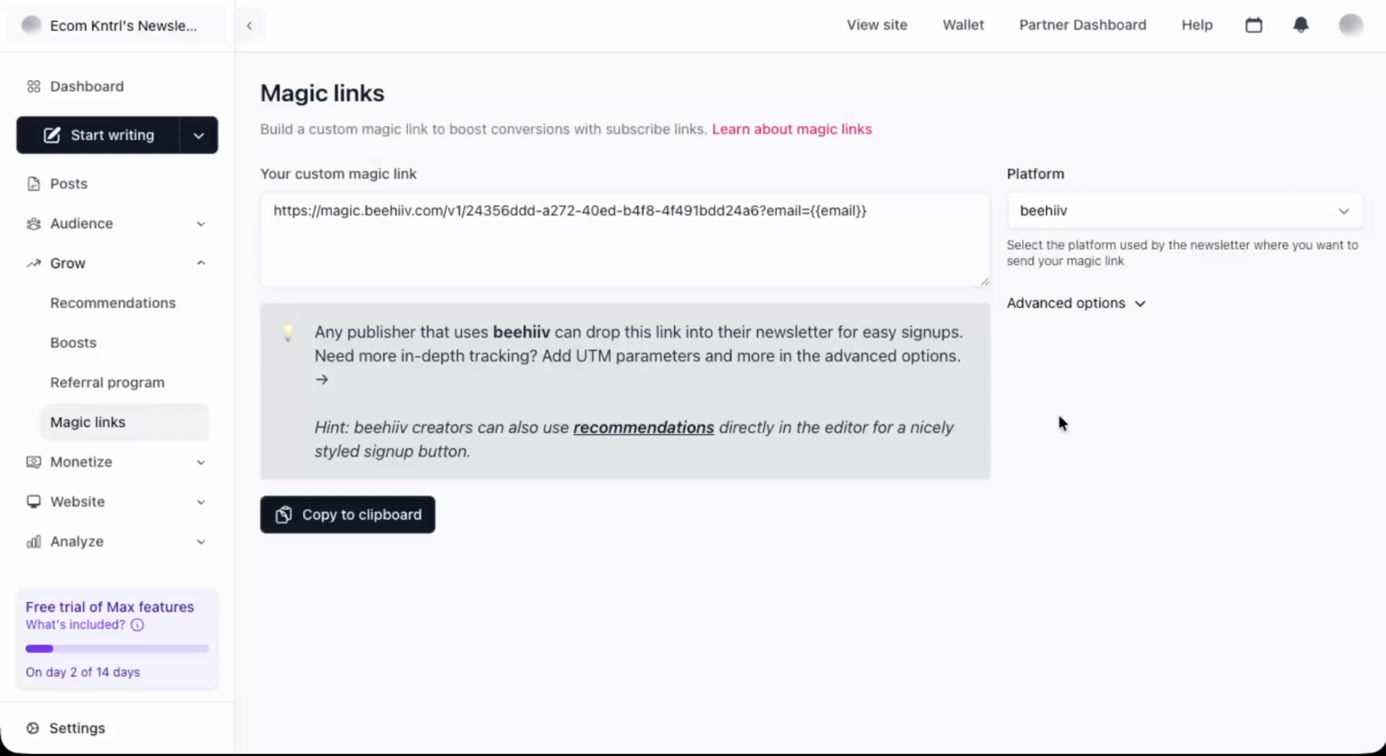That's all you need to do. Once it's pasted and shared, anyone who clicks that link will be taken straight to your sign-up flow, making it as easy